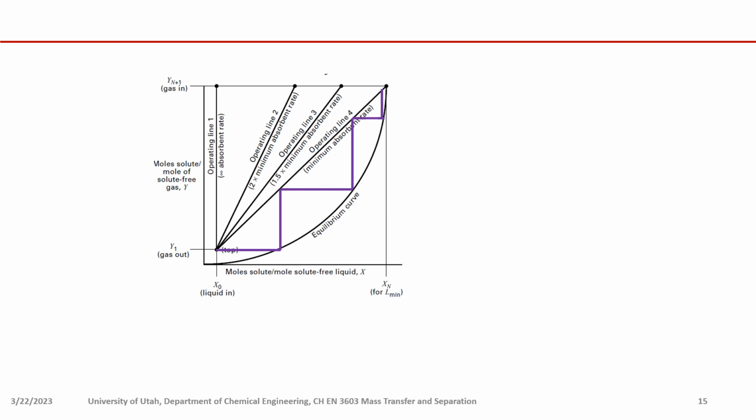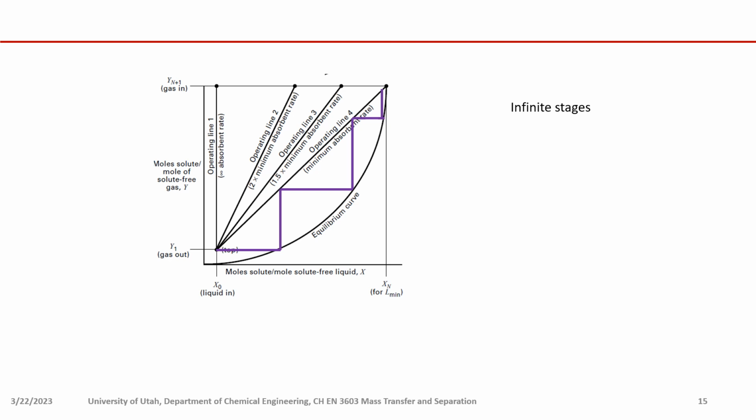But in this case, because this gap is closed, and you do this many, many times, eventually you are going to reach this point. But you have to do it in series with an infinite amount of stages in order to reach that point, right? So you have to use infinite stages to reach that point. So what does that mean? Physically,